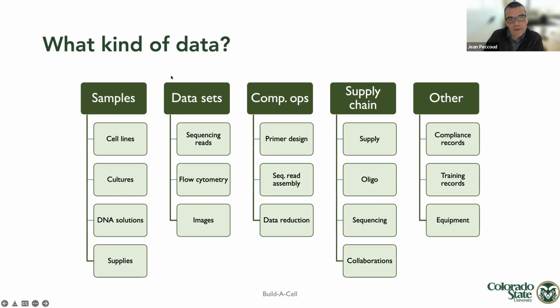There is another kind of record that needs to be managed, which is the data set. For instance, if you're running a sequencing experiment, your data is in files that have your sequencing reads. Any kind of instrument that you are using is going to be producing files. And it's very common that those files are actually managed in a completely different way, in a completely different system than your samples. So even if you have a good inventory of your samples, it's not unusual, because those files are big, that they sit in some kind of shared server, and before you know it,